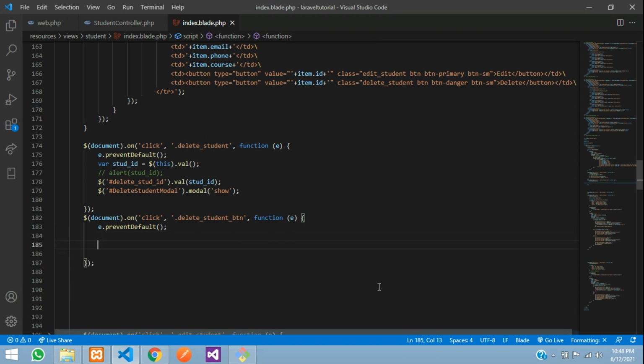After this let's get the ID. That is student_id is equal to $ open and close dot val function.